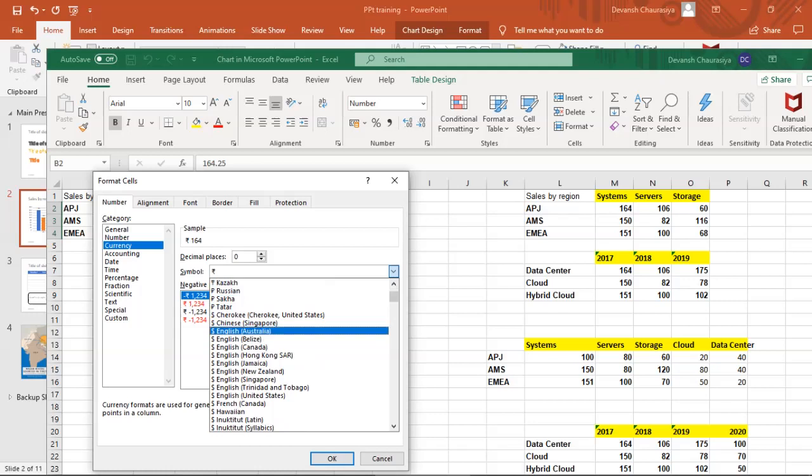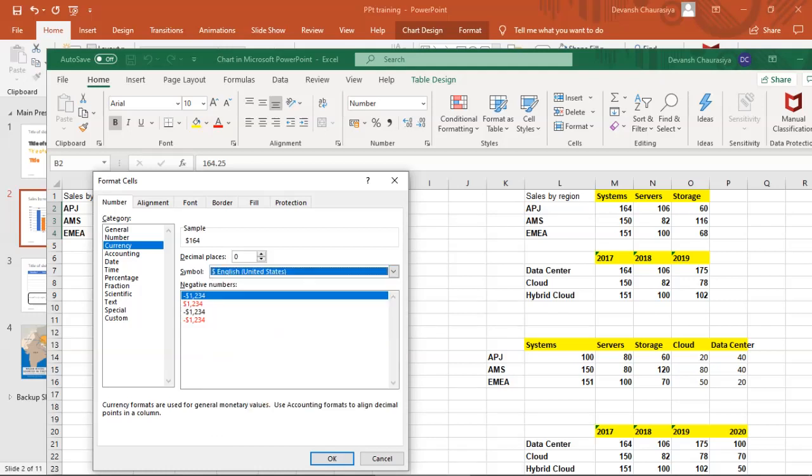Okay, let's forget about US dollar. Let's add a string. Okay, here it is, dollar.